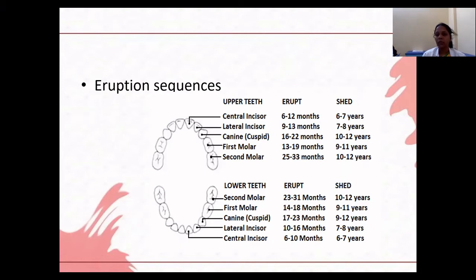And next to these teeth, the next tooth to erupt in the oral cavity is the first molar, and after that the canine will erupt, and at last the second molar will erupt into the oral cavity. All the teeth will erupt in the oral cavity within the age period of 2.5 to 3 years. And regarding root completion in primary dentition, if a tooth erupts at 6 months of age, the root completion will be completed within 1.5 years of age.